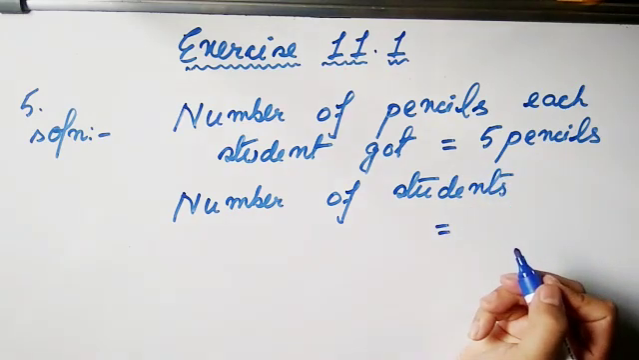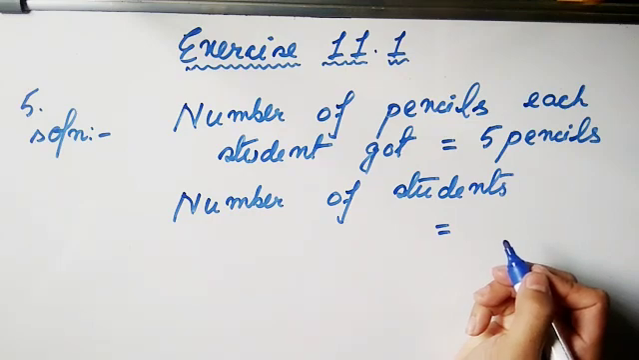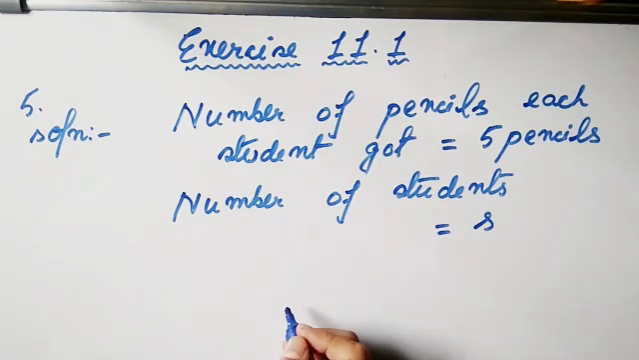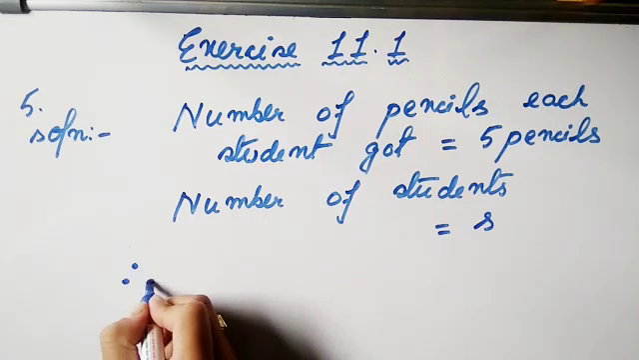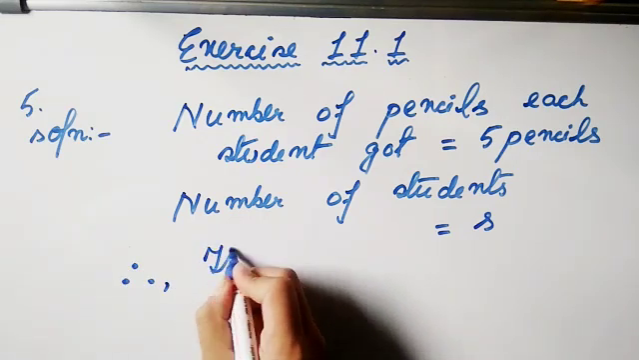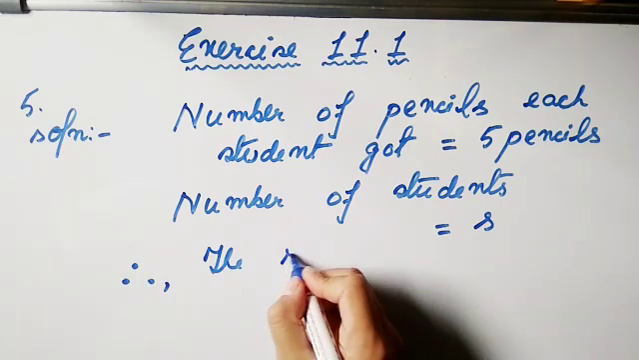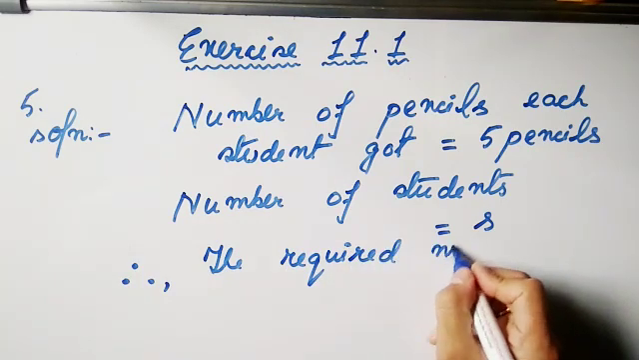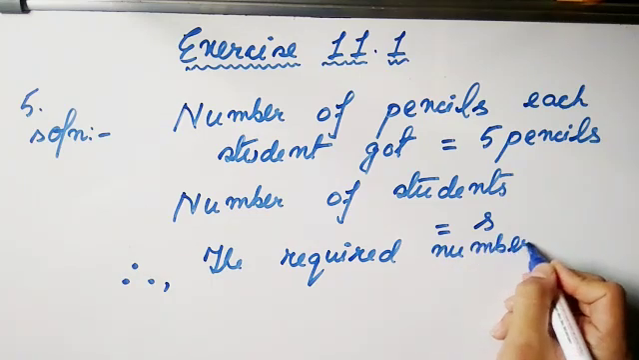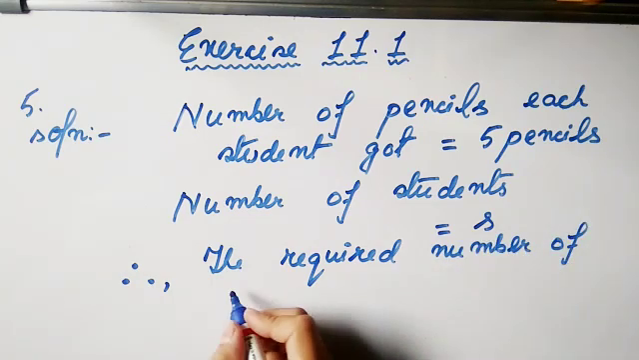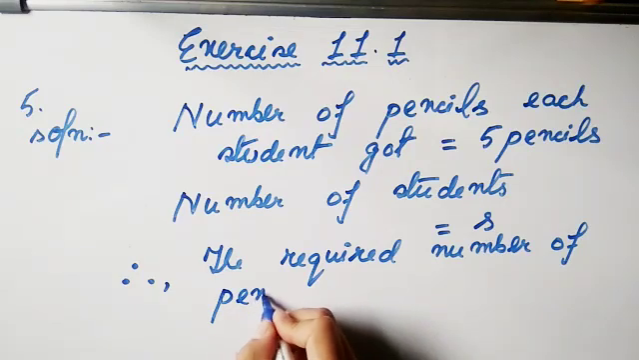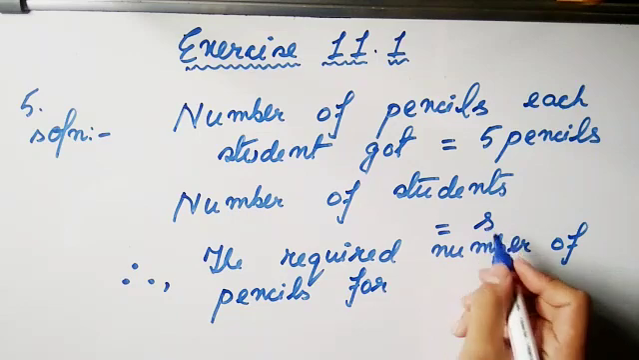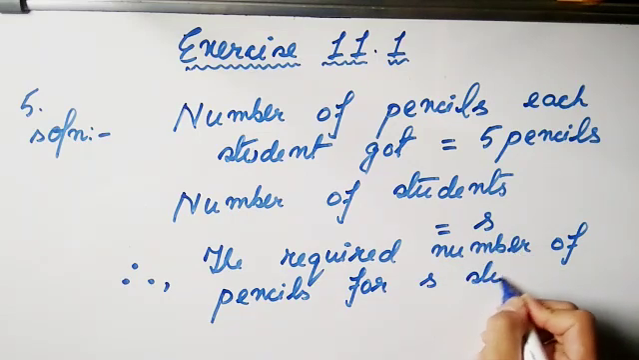Number of students is equals to, and in the question they ask us to take the number of students as, yes, the variable S. So therefore the required number of pencils for how many students? S students. For S students